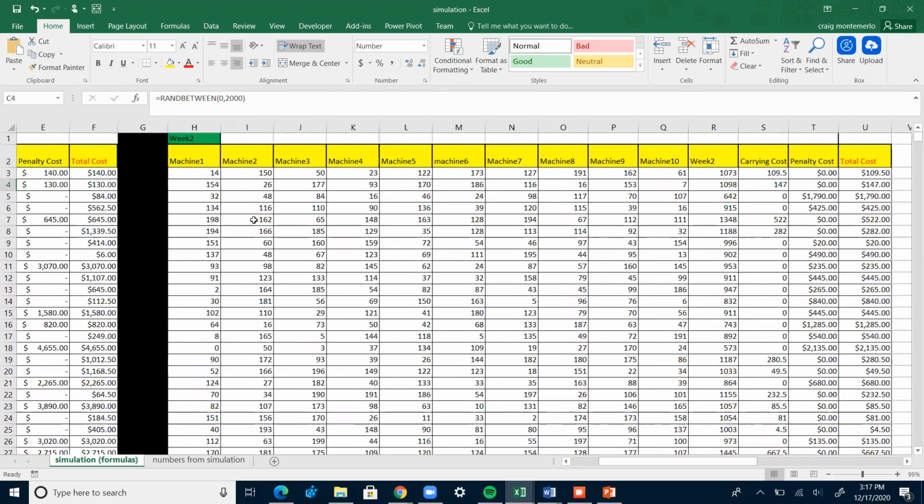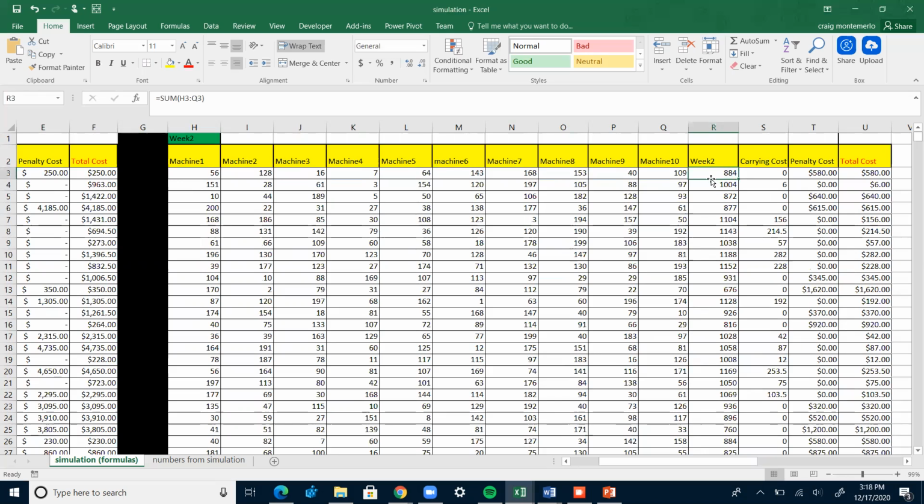Looking at the 10 machines, we do the exact same thing. However, what we do instead of 0 and 2,000 is we do between 0 and 200. So it's much smaller, and we do this over 10 machines. And then we sum the 10 machines to get our daily total. So then once we get our daily total, we do the exact same thing for the carrying cost and